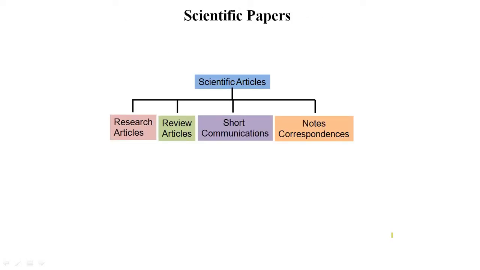These are the different types of scientific articles. We all know about research and review articles. There is also a type called short communications or letters, where researchers report the preliminary innovation. They may have found something very significant and they want to claim their names as the first ones to invent that concept. So they will go for this kind of short communication or letter. In this case, people always go on to publish a full paper after this publication of a short communication or letter.